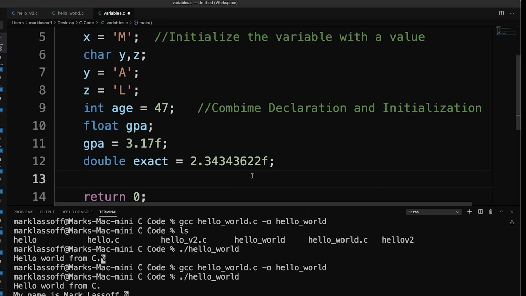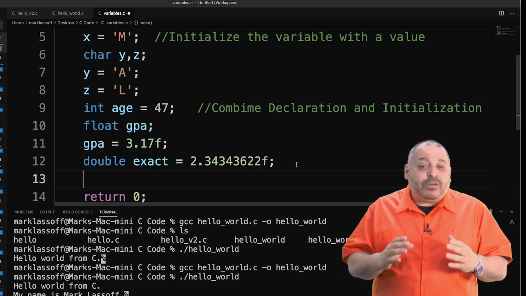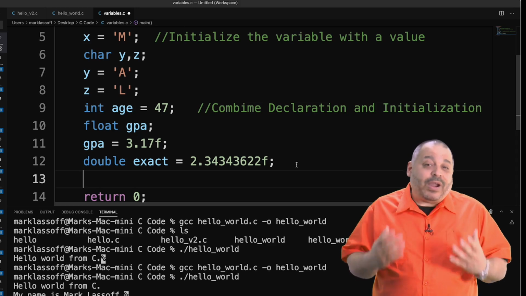If you think about it, an integer probably requires less memory than a floating point number in most architectures because it's less precise. At the same time, a double requires double the memory of a regular floating point number because it has more values and is even more precise. So these declarations are about C providing the correct amount of memory to store these values. I like to think of this like moving boxes. If you've ever moved, your whole life becomes about boxes, and you want to get the right size box for the right size stuff.